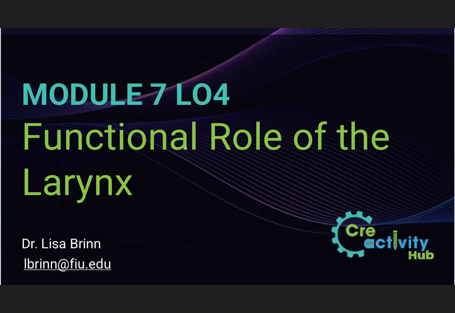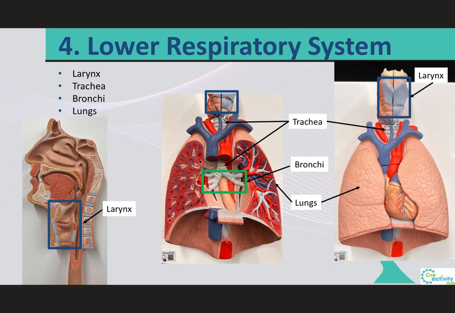Hello everyone, this is learning outcome number 4 of module 7, where we will start to talk about the lower respiratory tract, and within it the first structure is the larynx. So in the last learning outcome we talked about the pharynx, which was the last structure of the upper respiratory system. So now we're starting with the lower respiratory system, which includes the larynx, the trachea, the bronchi, and the